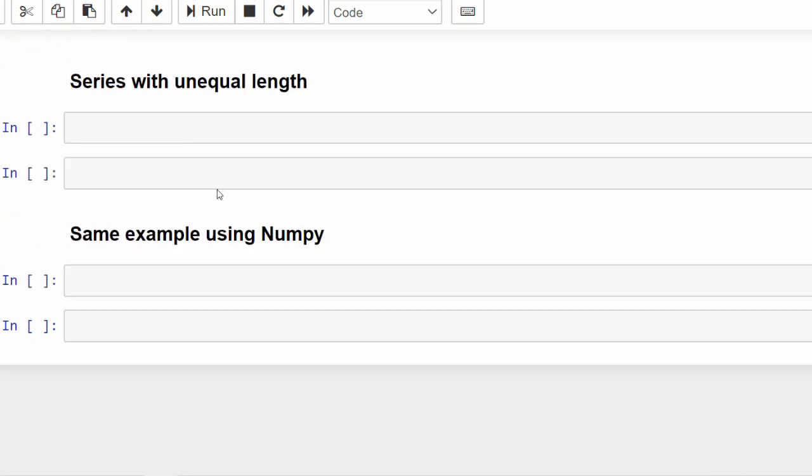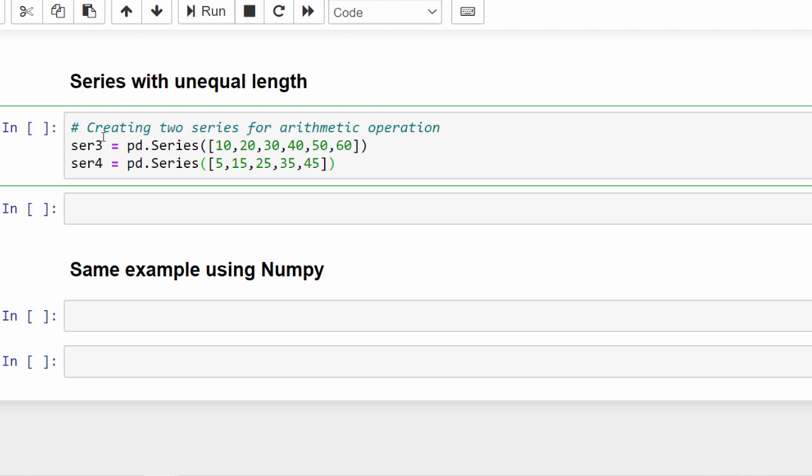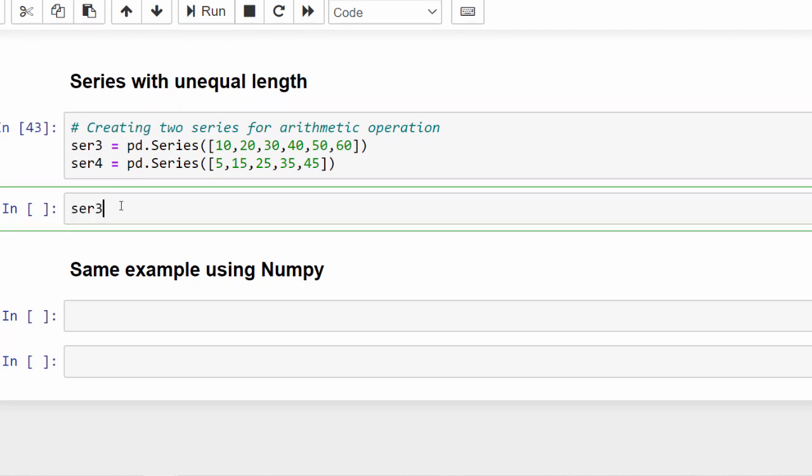All these fall under a positive scenario. Now let me show you a negative scenario, that is a series with different shape. I'm creating a series 3. This contains 6 numbers: 10, 20, 30, 40, 50, 60, and series 4 contains 5 numbers. This one 6, this one 5. It means both of them have a different shape. Now let me do the addition.